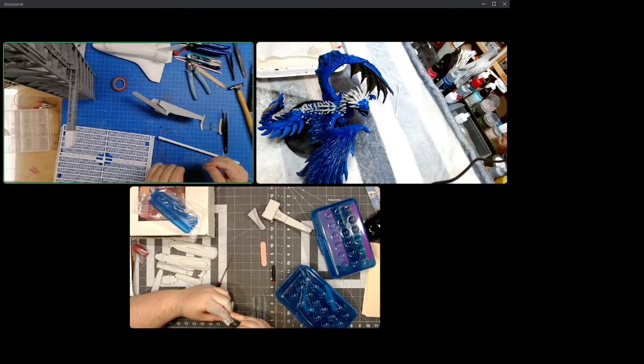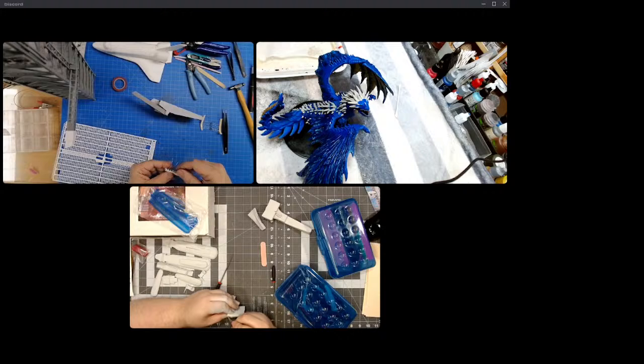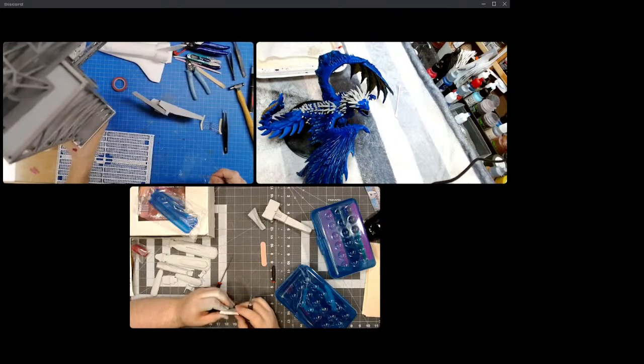Yes, there is, GB, quite a few asshats out there. But I decided that this is how much the bottom of the pole is going to stick below the kit plastic. And so, since I did it on, whoops, wire's going out the wrong spot. Since I did it on these ones,